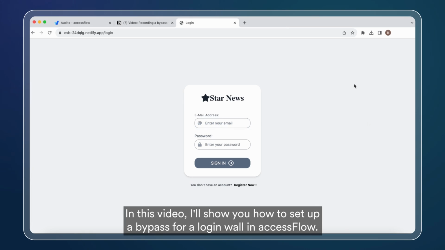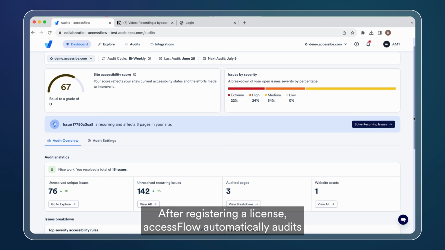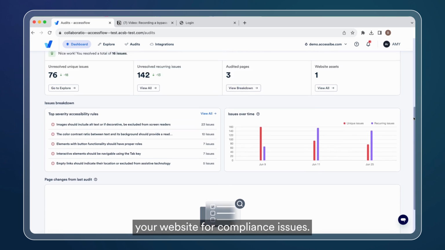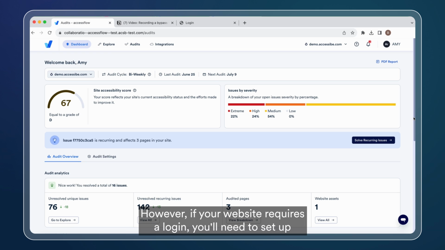In this video, I'll show you how to set up a bypass for a login wall in accessFlow. After registering a license, accessFlow automatically audits your website for compliance issues. However, if your website requires a login, you'll need to set up specific parameters to ensure that the audit works